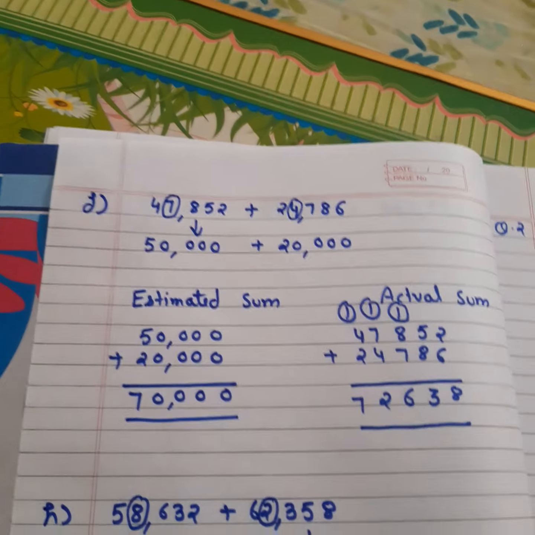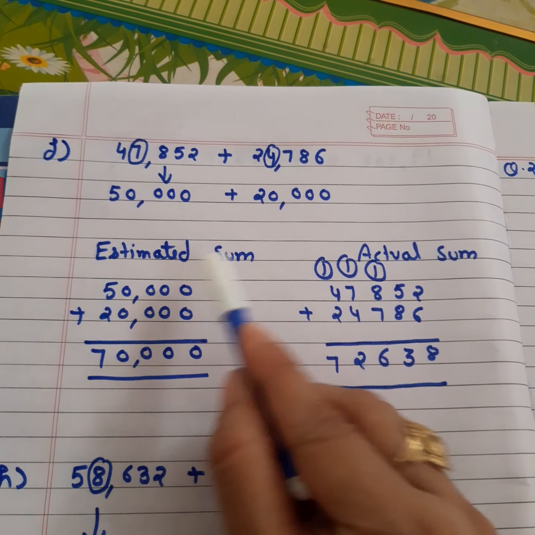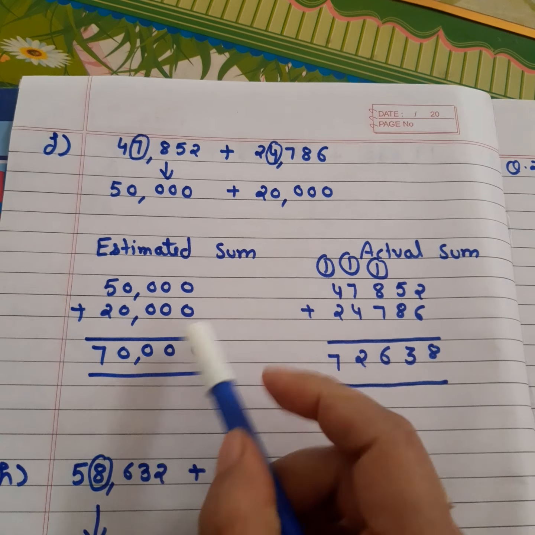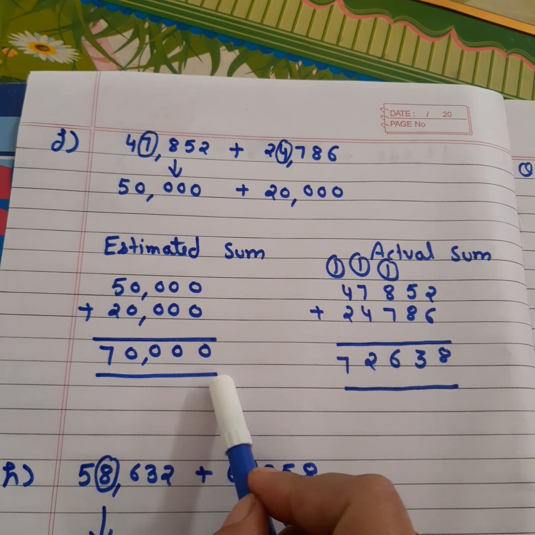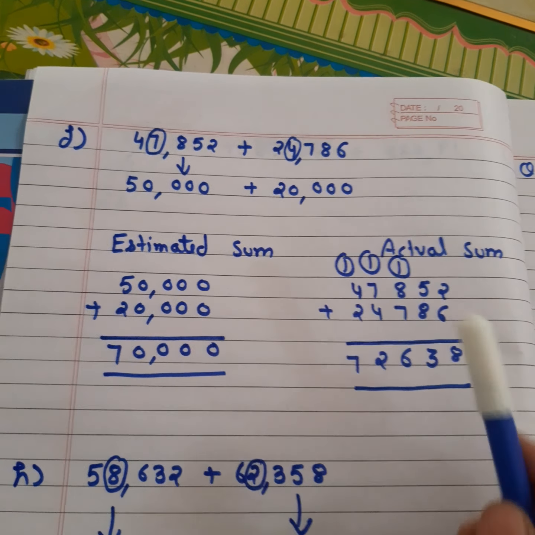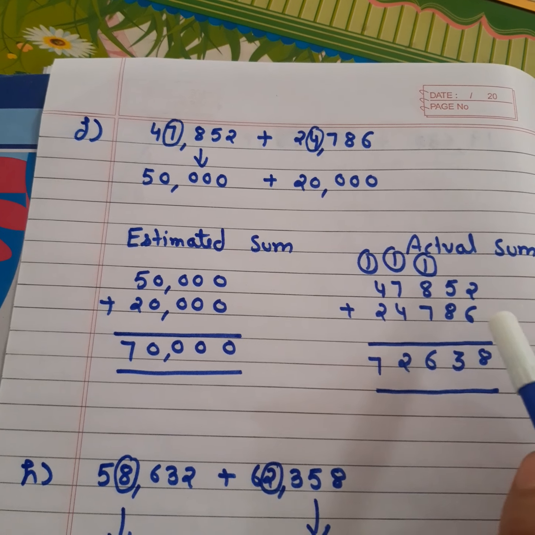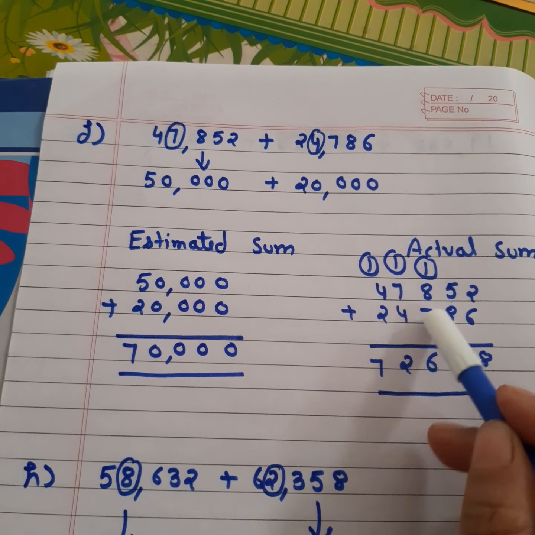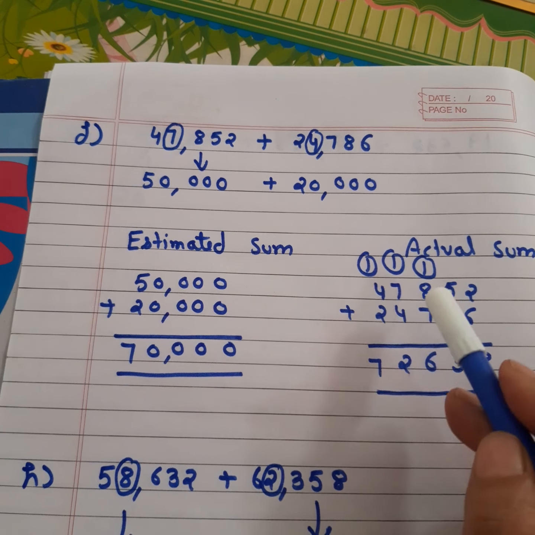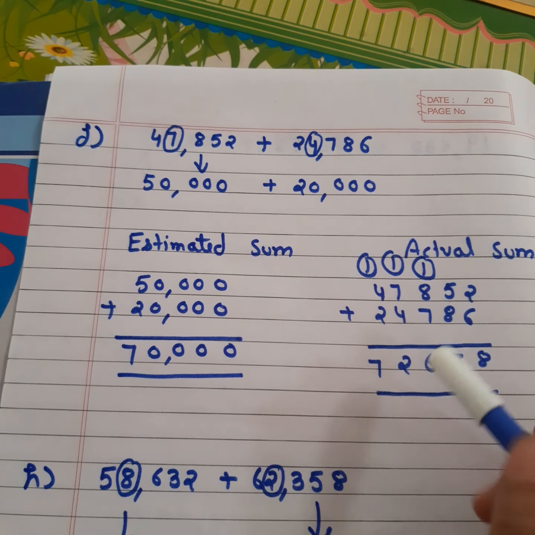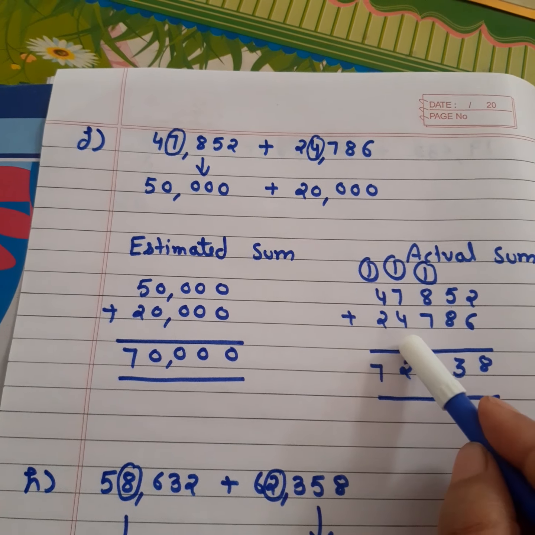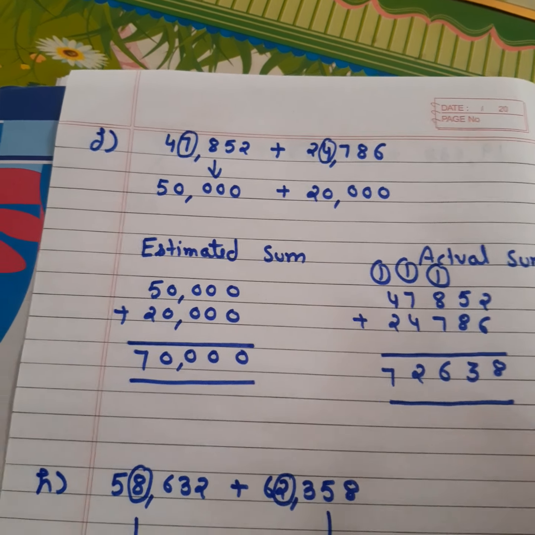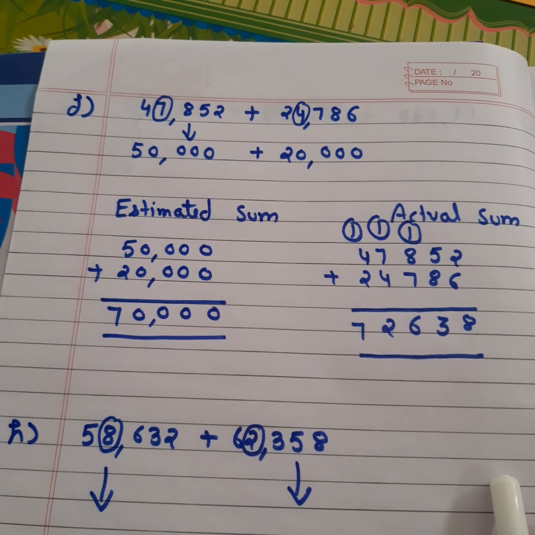20,000. Okay, so just add them. The estimated sum is 50,000 plus 20,000, that becomes what? 70,000. Okay, now the actual sum: 2 plus 6, 8, 5 plus 8 is 13, carry will go here, 8 plus 7, 15, 15 plus 1, 16, then 7 plus 4, 11, 12, and in this way you can calculate